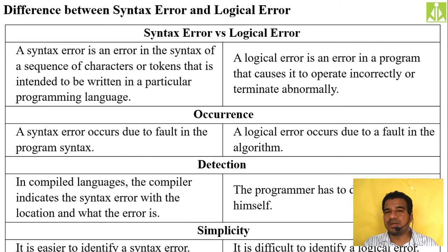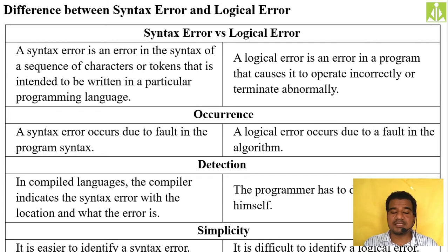Rather, what we are doing is not writing the logic properly, isn't it? Because of that, you will not get the output properly. Your program will be executed, you will not get any syntactical errors. Your program will be executed and you will get a logical error, that is inaccurate output.